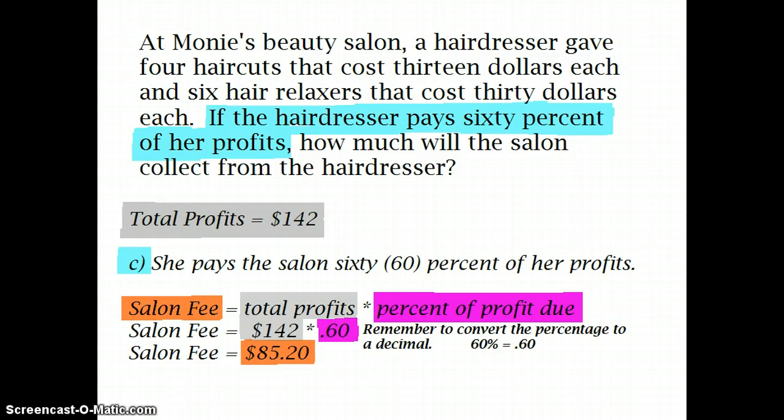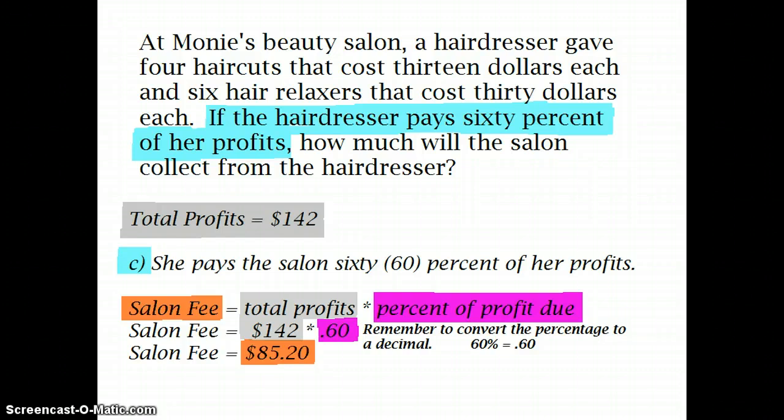Now, before I multiply, I must remember to convert the percent to a decimal. In order to do that, I take the 60 and I move the decimal place 2 places to the left. So that will make it 0.60. 142 times 0.60 is equal to